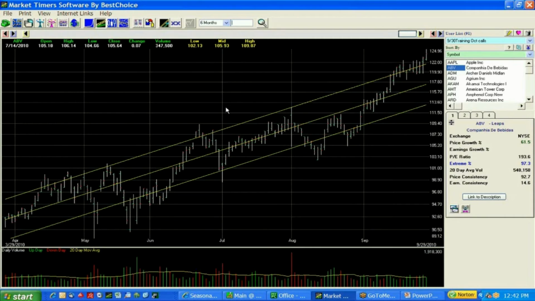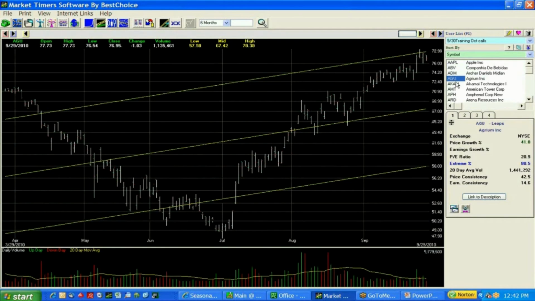So if I like the seasonal chart, I like the historical, and I flip over and I see a chart like this, I'm probably going to throw this one out because it really hasn't had much volatility, especially in the last 3 months. It's just sort of been trending. It kind of had a little dip and some volatility there, but then it's just been trending. So let me flip through and find you something that is